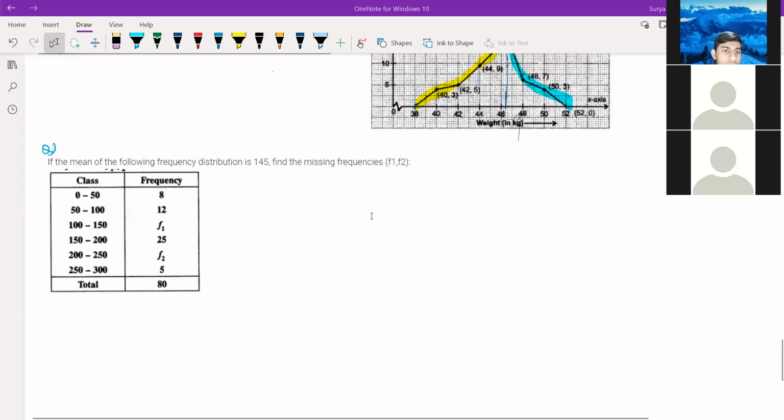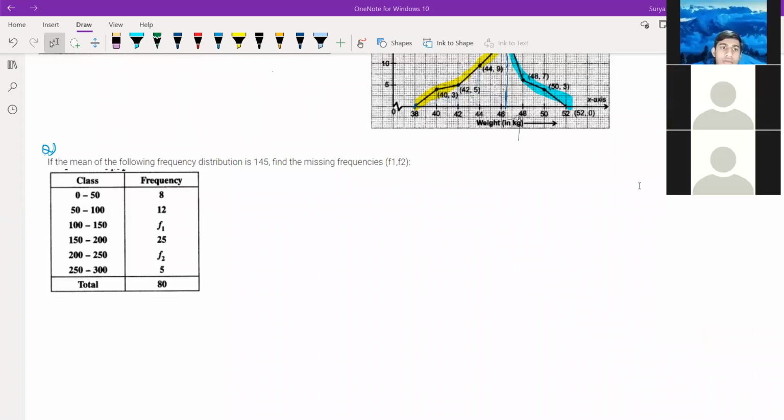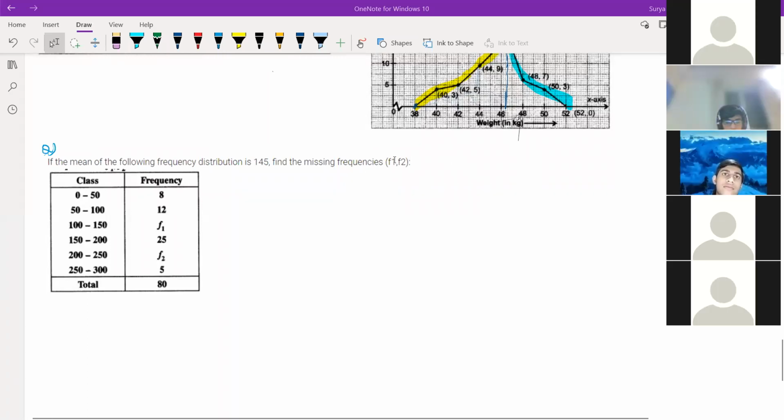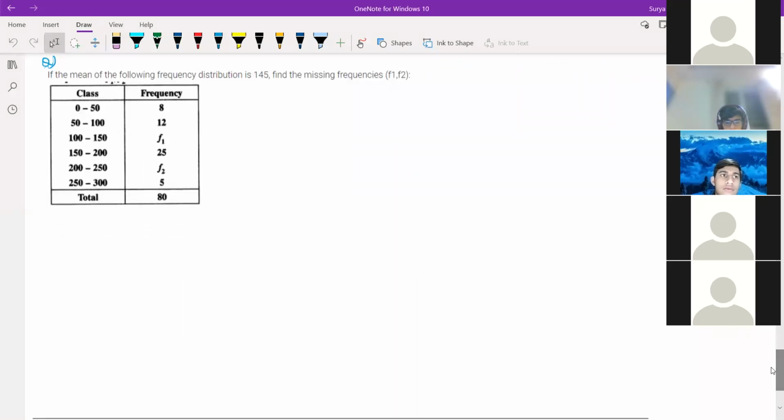Samarth, did you get the answer? It will take 2 minutes, sir. Praharshan? Sir, I'm in the addition part. Which addition are you doing? Sir, like the sum of X into F. Long time people are taking. Do fast. F1 and F2, I want the answer from this. First, just put the answer in the chat box.